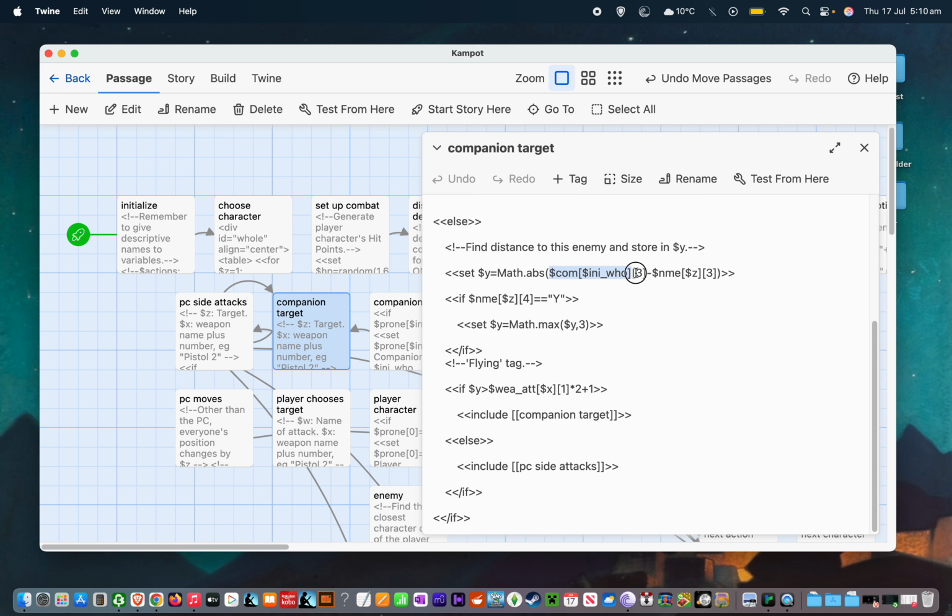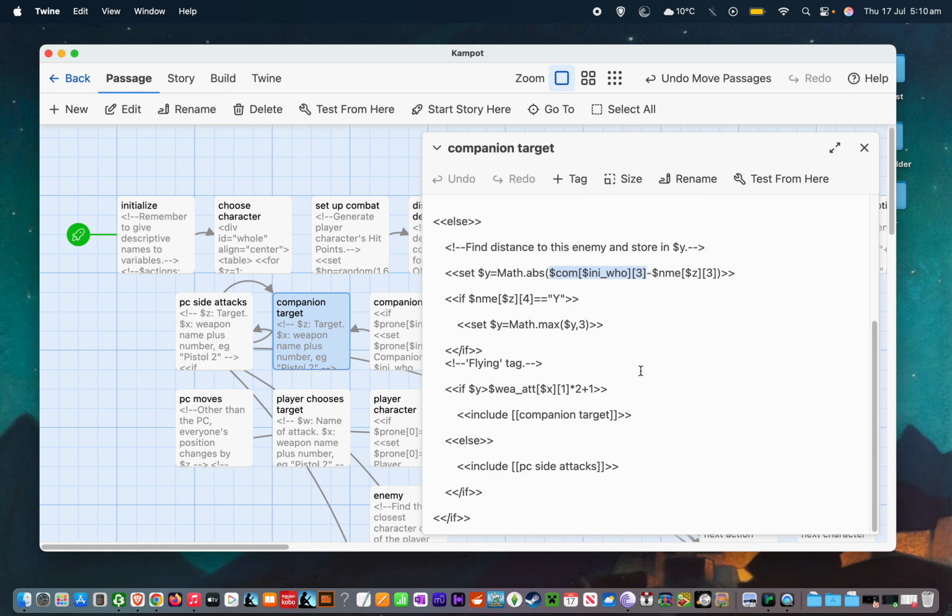So com is sort of the equivalent to NME. It's where we're keeping the details of the companions. ini underscore who is the currently acting character, which is in this case a companion. And com something 3 is where we keep their position,